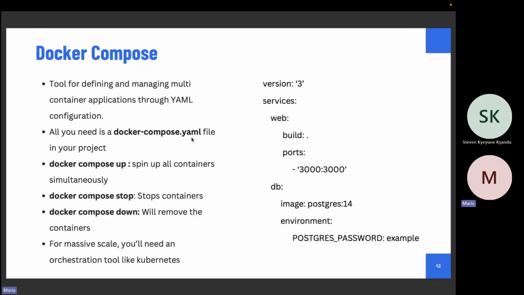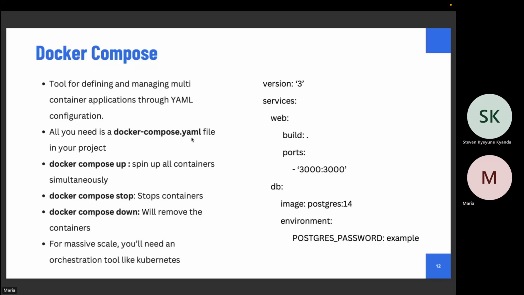What next? Because I don't know what to do with all these containers. The next thing is the introduction of Docker Compose. Docker Compose helps you deploy these containers together simultaneously. You just need a simple command. If you have 5 containers that you want to run at the same time, you don't just go docker run this, docker run this. You can create a YAML file, and in this YAML file, you define whatever you want to deploy. It will look for the Dockerfile for that service, then run it on your behalf.